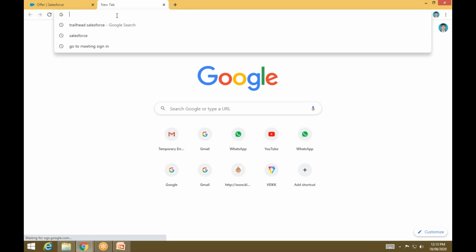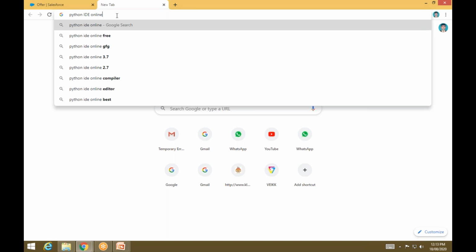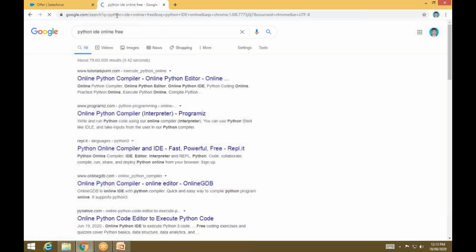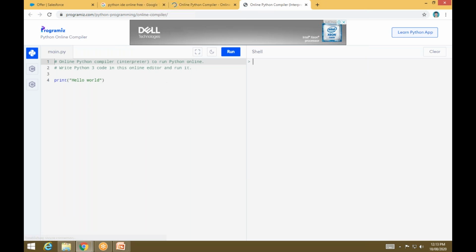JDoodle, a good one. Have you ever seen this thing? This is also an example of platform as a service.